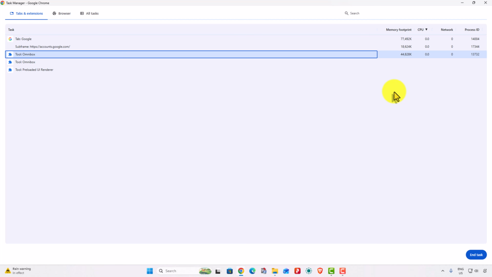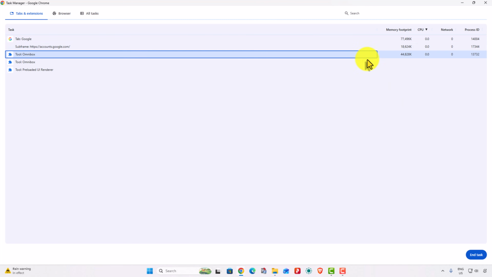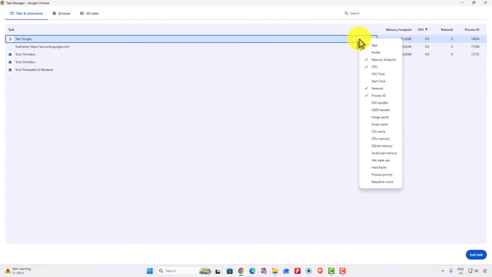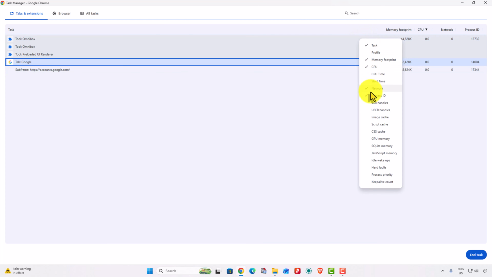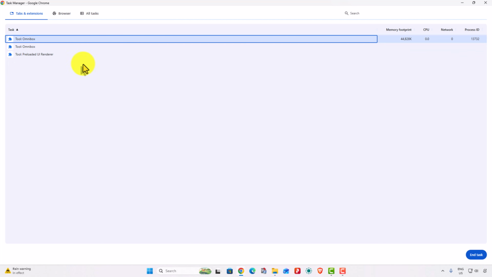find an extension using unnaturally high CPU or memory, then what you will do is simply select that extension and right click on it, and here you will get other options also. Okay, and if you want to close that, simply select that extension and here you will see End task. Okay, so simply click on this End task and that particular extension or page will automatically close, and by this way you can optimize your Chrome, and also it will increase the performance of your